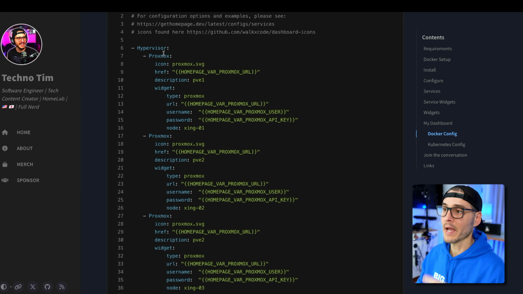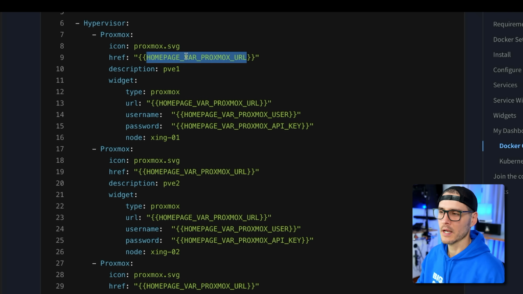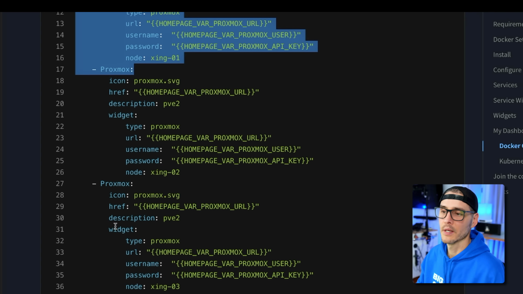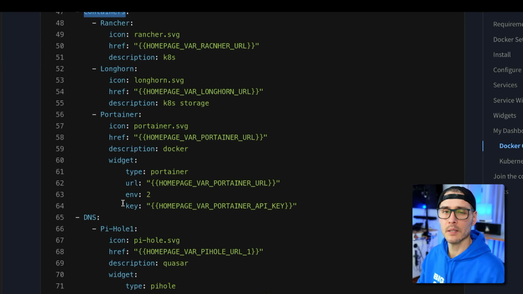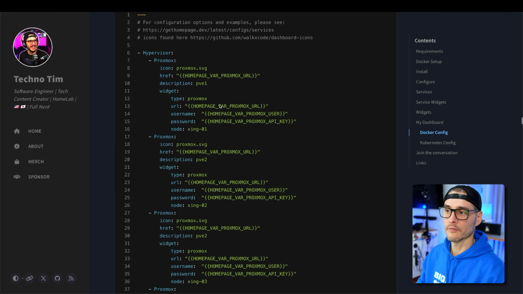For example, we saw my hypervisor column, and then in here, you could see all of my PVE servers, and then I had these variables in a .env file. But you can see how simple it is. I could copy and paste this a few times and get a few more Proxmox servers just by doing this. Then I have a containers column, DNS column, so on and so forth. So I really like this way to configure stuff rather than using a WYSIWYG editor or drag and drop or anything like that. Don't get me wrong, they're lovely and they work great. But for me, I want to be able to repeat this super easy and keep this configuration, say, in a configuration store like Kubernetes.